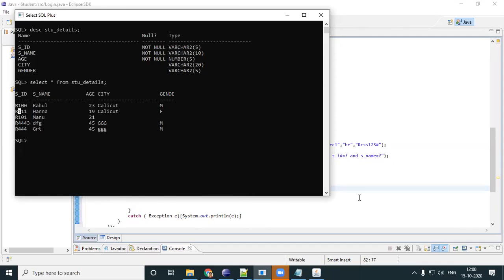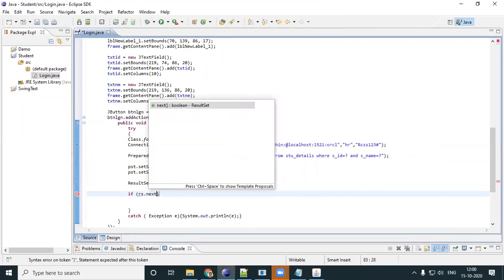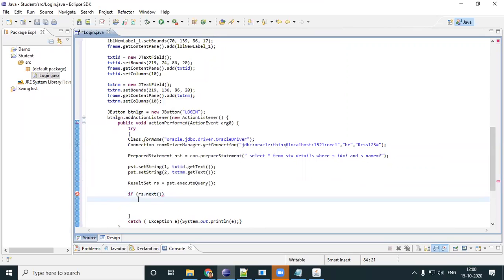Okay. So I'll just very simply write if rs dot next. I'll go one by one. Hope my brackets are correct.